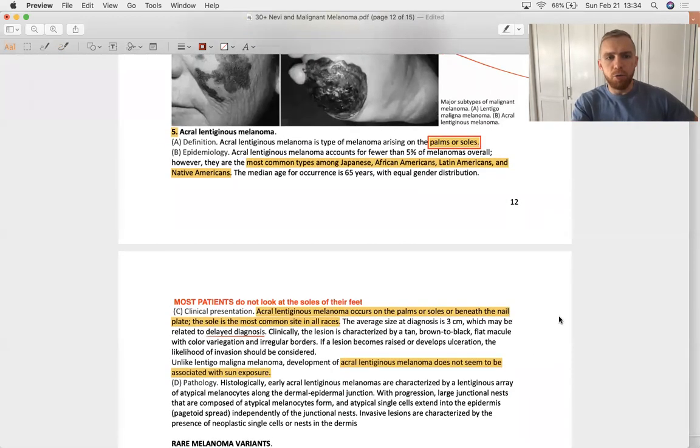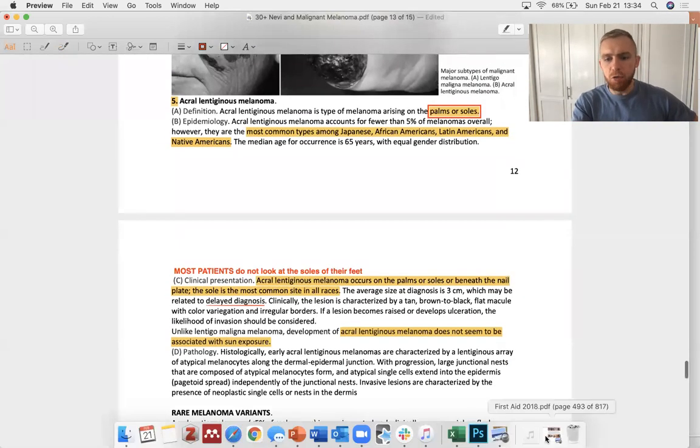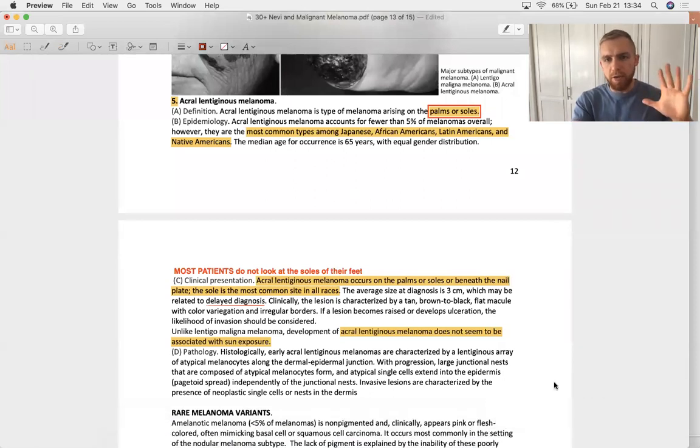Now let's talk about acral lentiginous melanoma. Acral is referring to the palms of the hands and the soles of the feet. This is actually the most common type of melanoma amongst Japanese, African Americans, Latin Americans, Native Americans. So a whole lot of people have a tendency to get these melanomas on, again, the palms of their hands and soles of their feet,